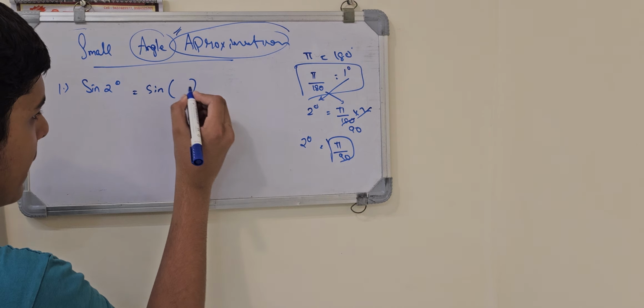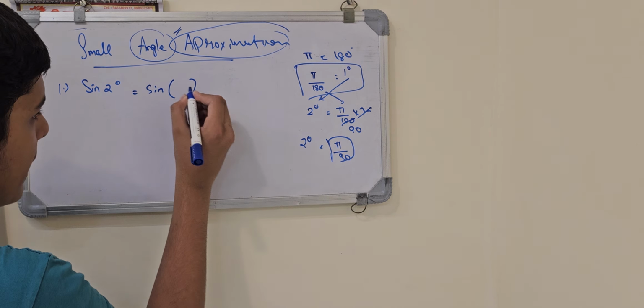Can we write this is equal to pi by 90? Pi by 90, this is in radians. Don't think anything else. When we want to convert degrees into radians, we keep it in pi form. So this is pi by 90 radians. Then we can say approximate